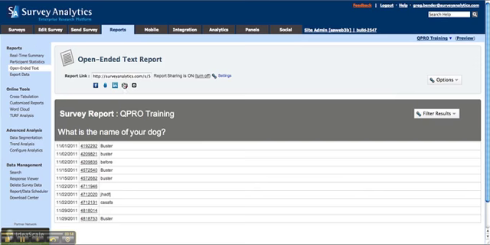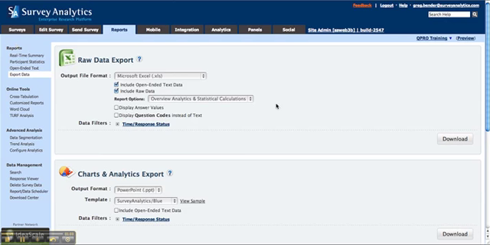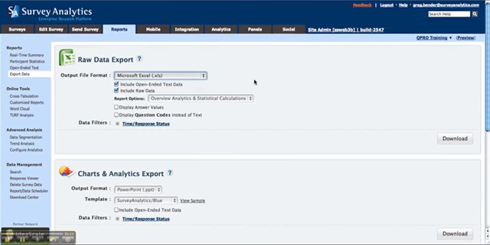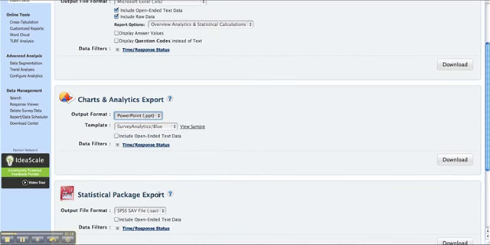Open-ended text allows me to look at only the open-ended text questions in the survey. And the Export Data tab, I think, is probably one of the most important, where I can actually bring the data out into a raw data export into either Excel or CSV. I can bring out all of our charts and analytics into PowerPoint, Word, or Excel. I can also bring the data out into a native SPSS format if that is the tool that you're using